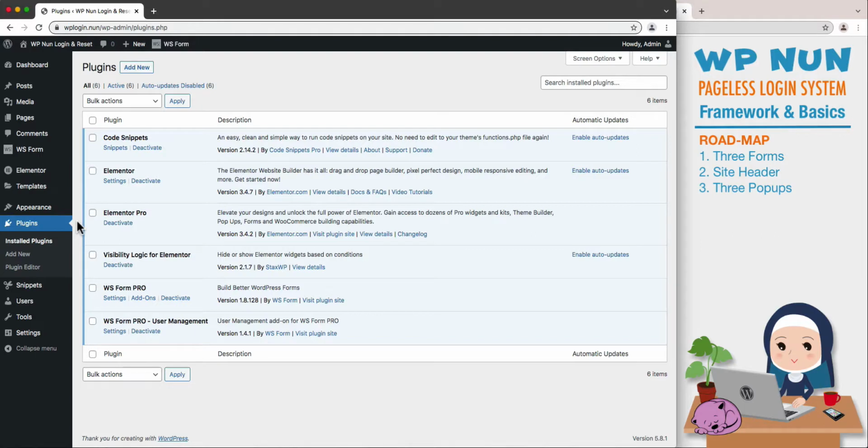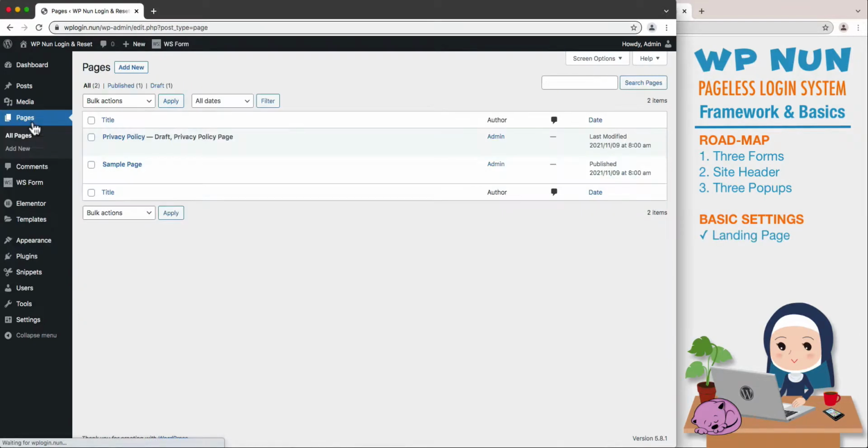Now that we know where we are going, let's set the basics. First, we will create a landing page, where users will be directed when clicking on the password reset link. This page will have no content and serve as a trigger for our future reset pop-up.